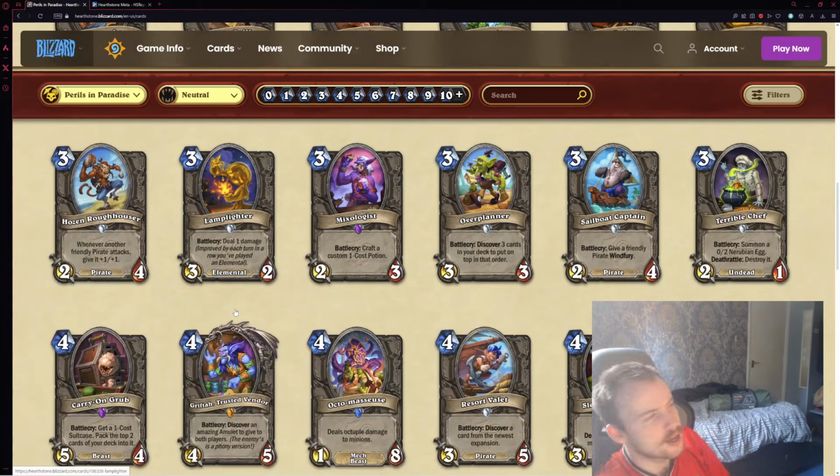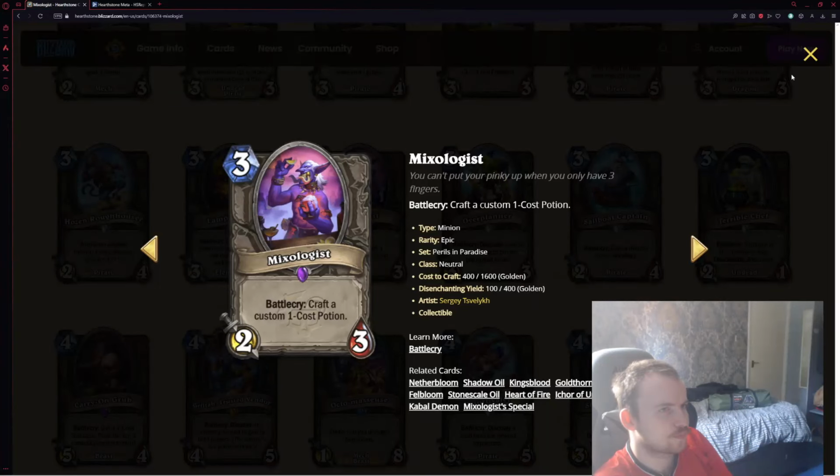Yeah, Lamplighter, 4 stars. Can help you get across the damage as well at the end of the elemental shaman. Now I'm looking at